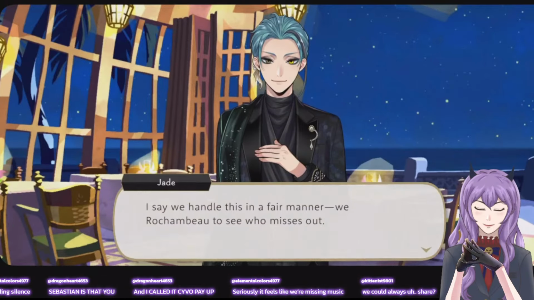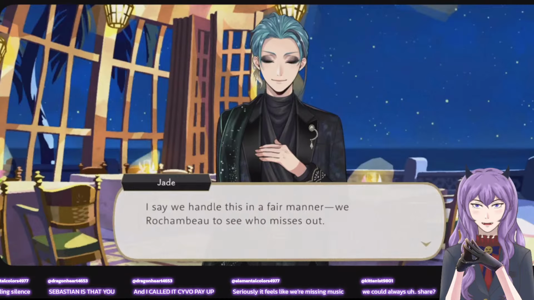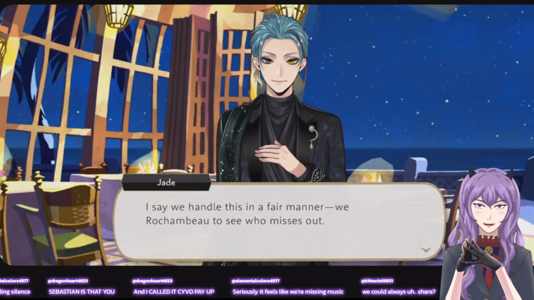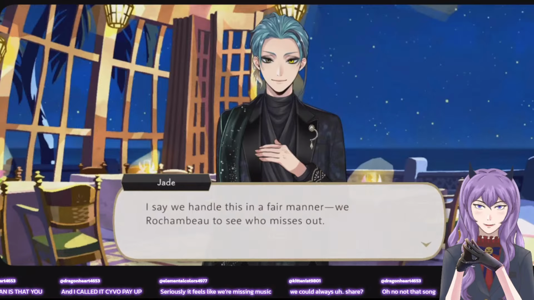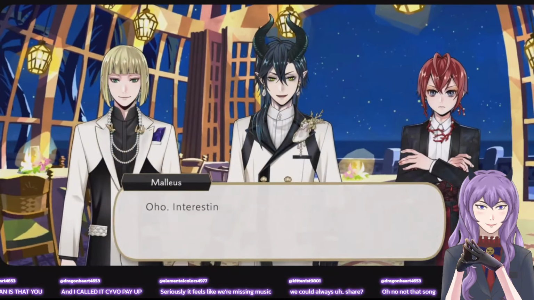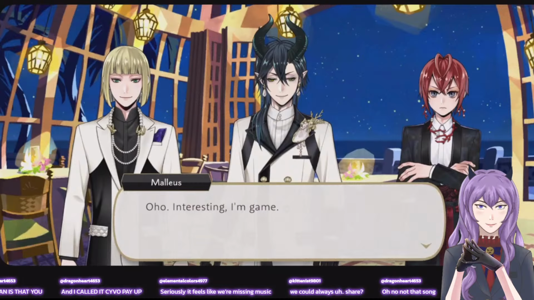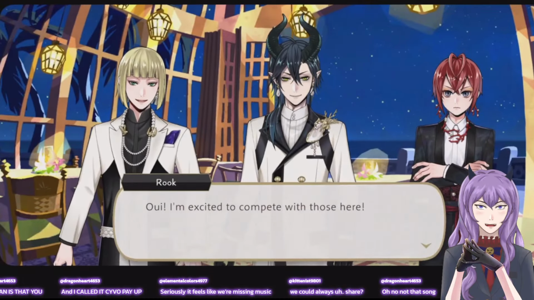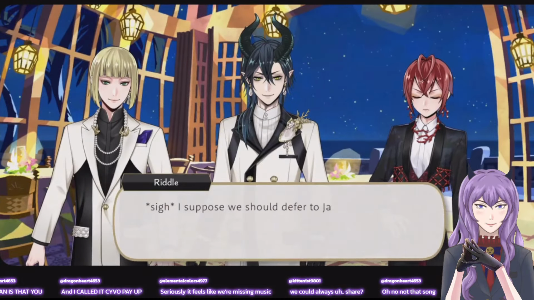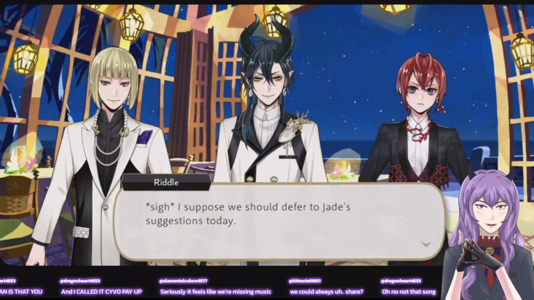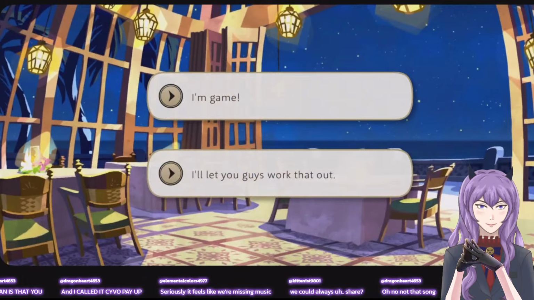We Rochambeau. Now, is that how it's... I've seen different versions of this. Is this how you spell it? I've seen Rochambeau, but this is my first time I've seen it written like this. Yeah, sure.